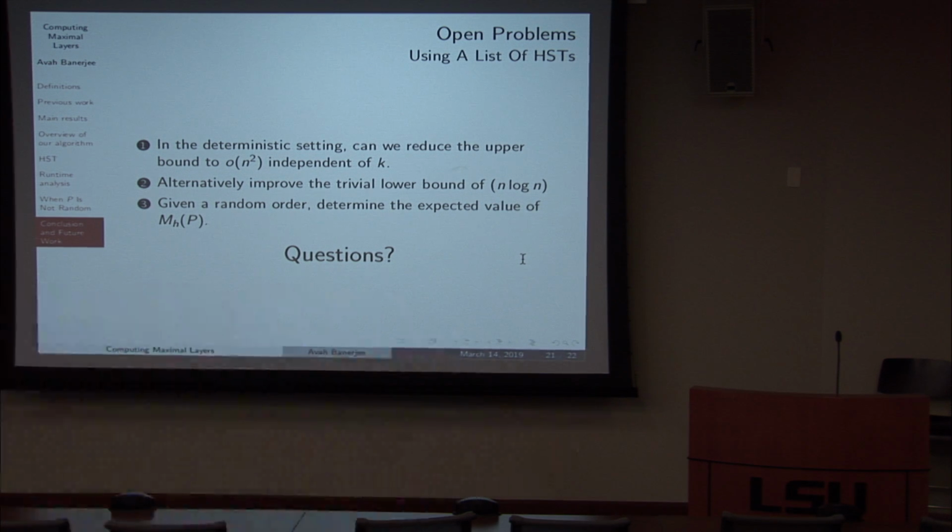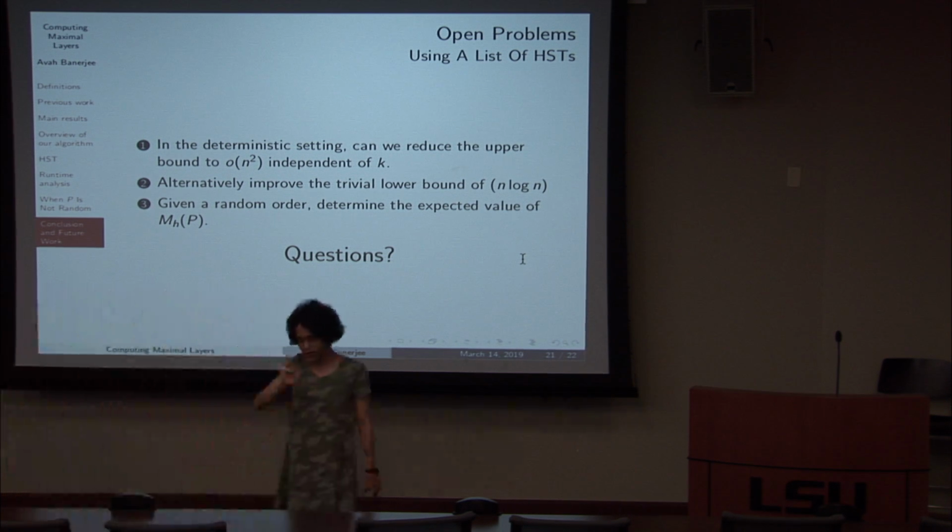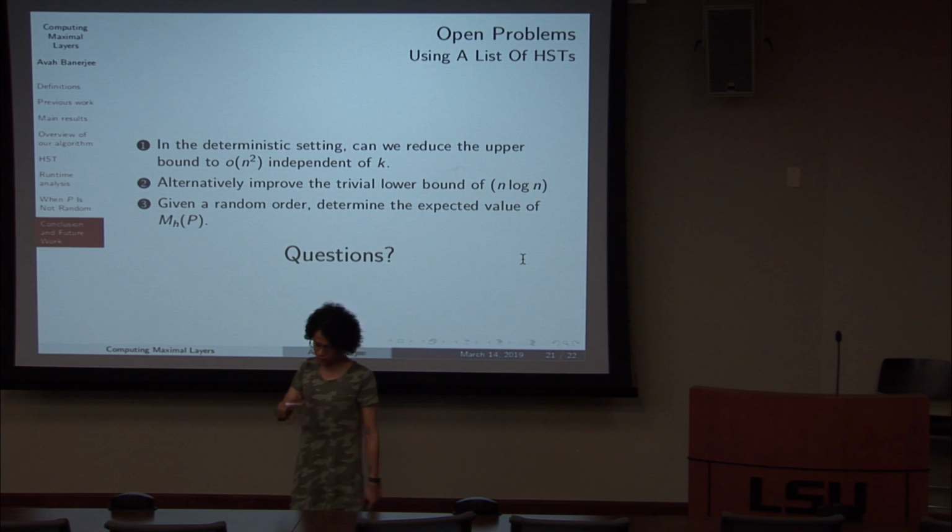So you have a set of points. And the convex layer problem is that this is the first convex layer. This is the second convex layer, and this is the third convex layer. So that's a kind of parallel problem. It looks very similar, but convex layer and maximal layers are completely different because as you can see, if you're in a maximal layer,